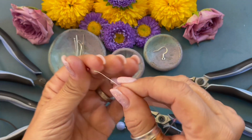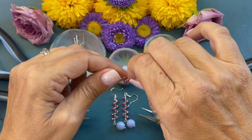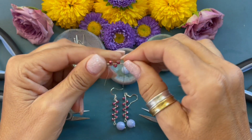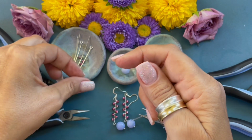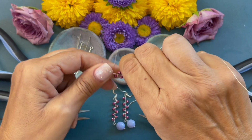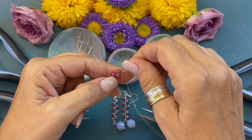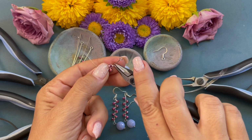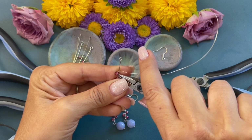We're going to grab our next bead. We're going to string it, flip it over, going around the back. We're going to wrap 1, 2, ending down, squishing it. Grab our next bead, string it down, coming around the back, 1, 2. We'll come back in now, and we will tap these little wires down, squish them together,